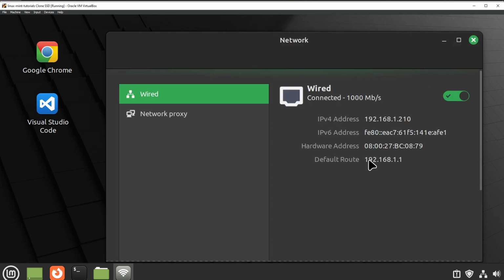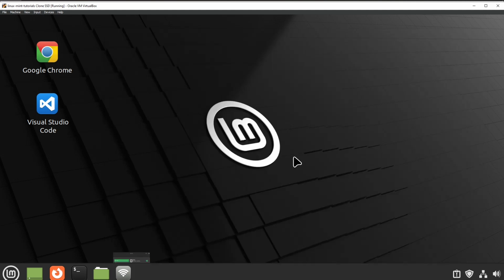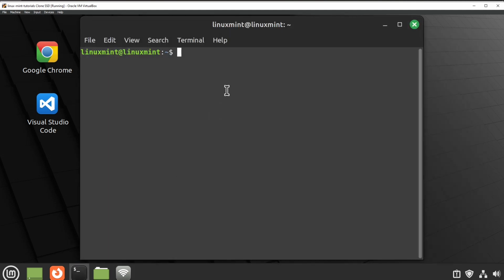But to be 100% sure, I will open the terminal and test the internet connection with the following command: ping google.com.